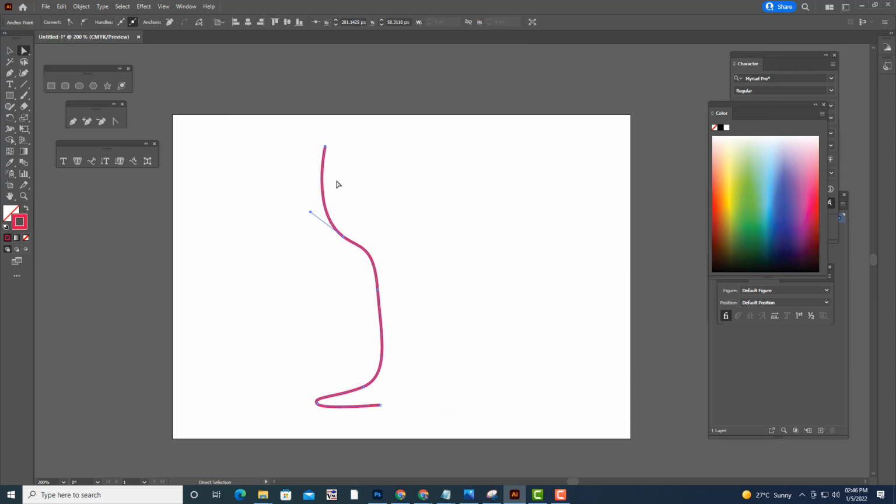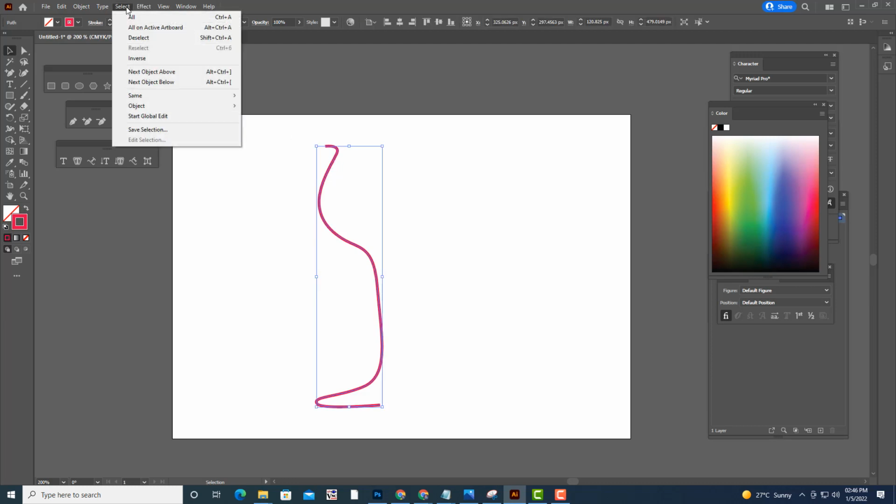I'll keep it like this, and we can also add one anchor point here. Now let us see how we are going to get the output.